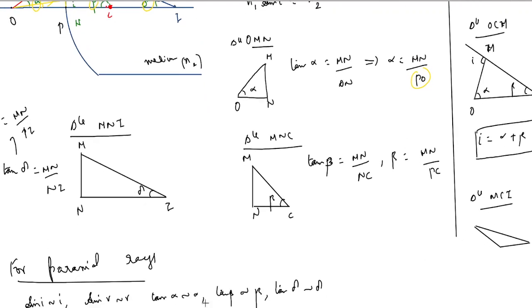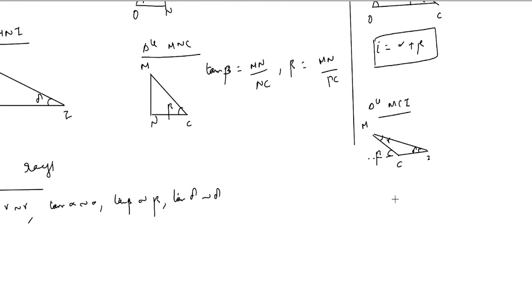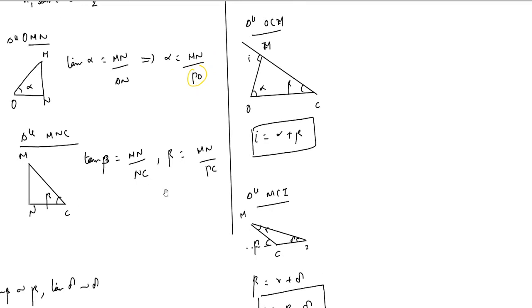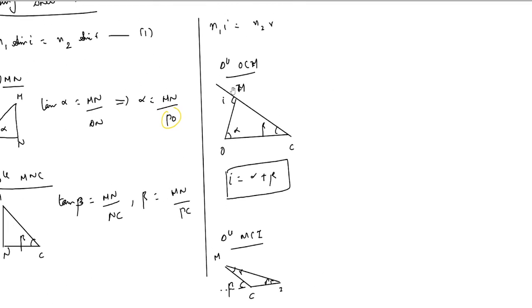This is point M, this is point C, this is point I. The angle here was R, this was beta, this was delta. So from here we get beta is equal to R plus delta, or R is equal to beta minus delta. So putting the value of I and R in this equation, where N1 I is equal to